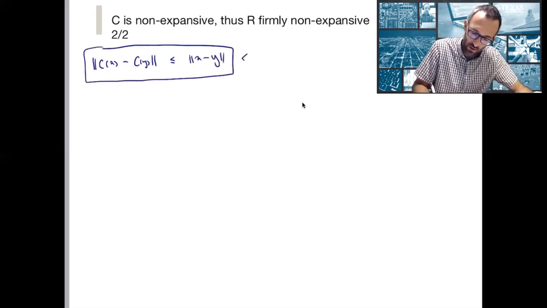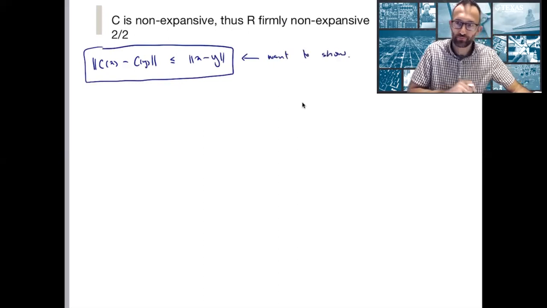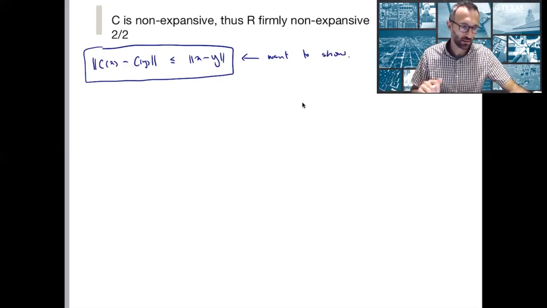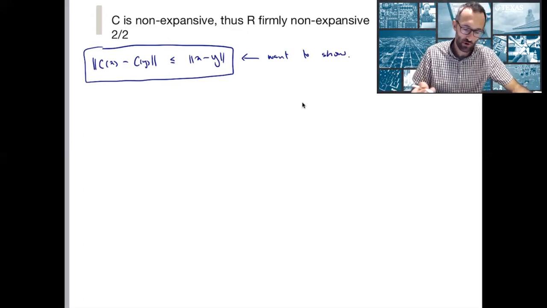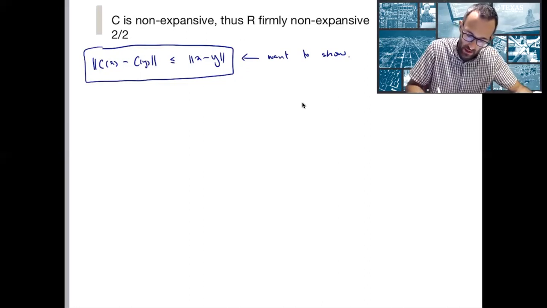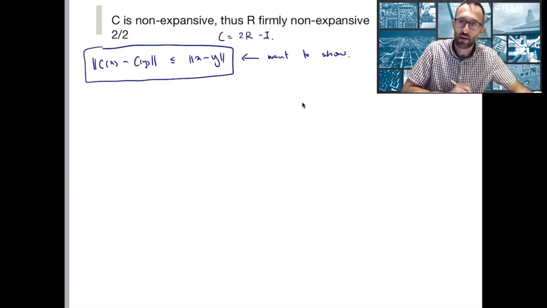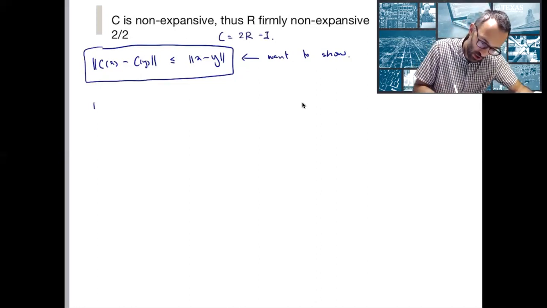This is what we want to show. And let's do the calculation. So remember again that C is equal to 2R minus I. And so C of x minus C of y